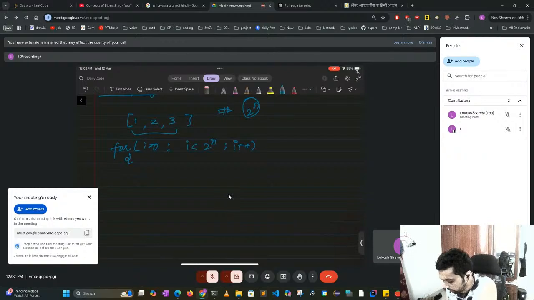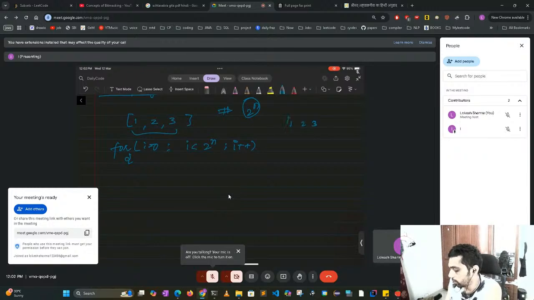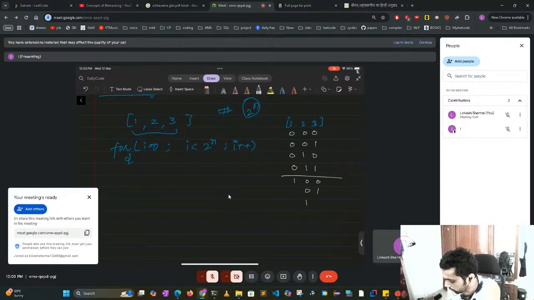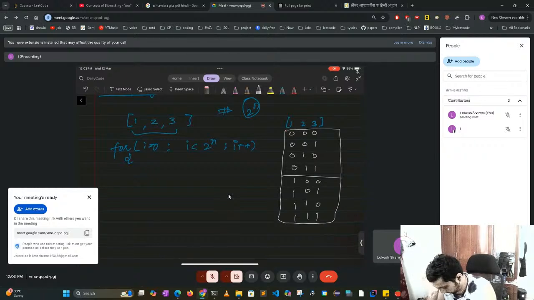Now, what is my approach? Let's see. This is the iteration we will do from here, and 1, 2, 3 is the number currently. So 0, 0, 0, 0, 0, 1, 0, 1, 0, and for 3 likewise for 1. So we have to create a mask in such a way for each number when we are going through. So this is the number, and it will iterate in such a way that it will find out whether to pick this particular number or not. So what I'm saying,